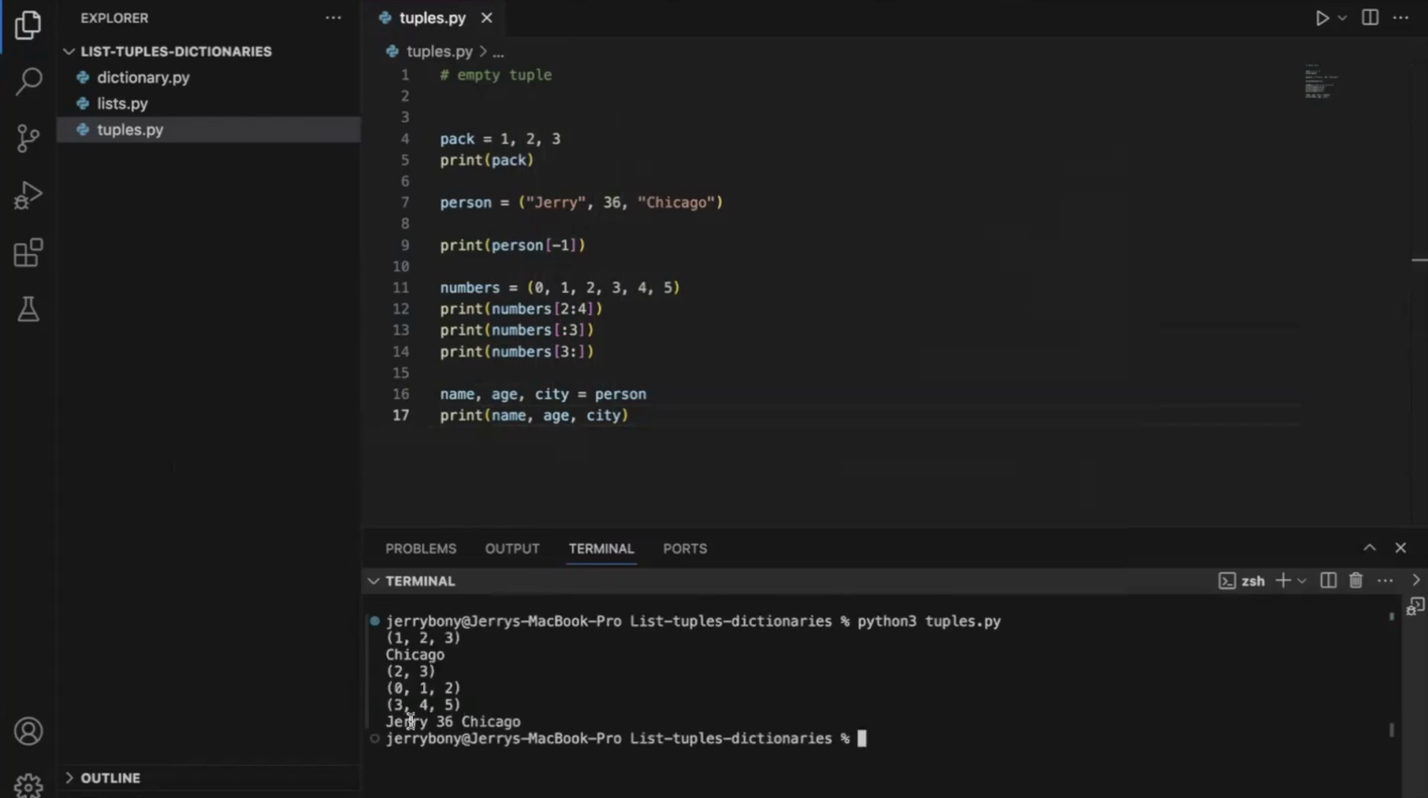There you go. Name, age, and city. Jerry, 36, Chicago. Tuples also have methods. So tuples have only 2 built-in methods. You have a count method, and then you have a dot index method. So let me demonstrate the count method